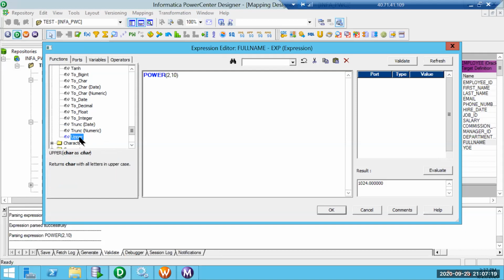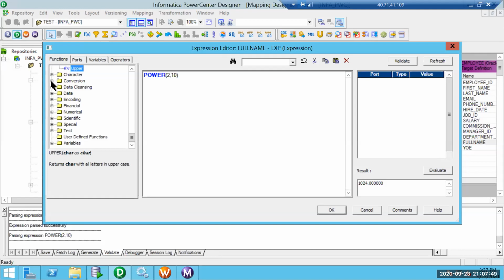Upper function we have seen, it is basically to convert the characters into uppercase data. So these are all functions, and they are categorized into various categories. The same functions we have seen there are available as categories. So rather than scrolling through the complete list, if you know the category, we can open that specific category and view it.